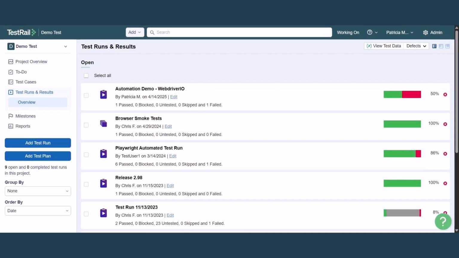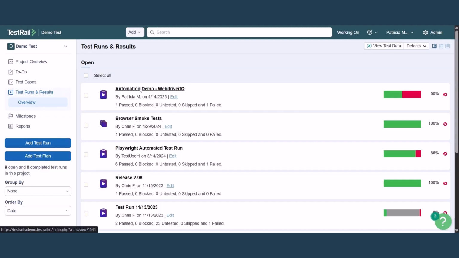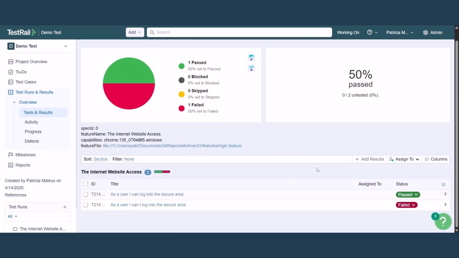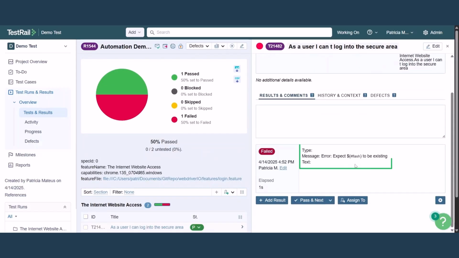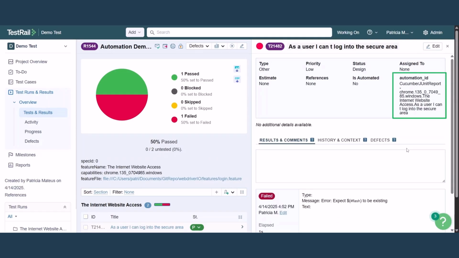When you navigate to the TestRail project, you'll see that the TestRail CLI has automatically created tests based on the JUnit XML report. You can dig further into the details of each automated test result and perform a high-level analysis of why any test is failing, since the error message provided by the test automation framework is also registered on the test result. Each test case is assigned a unique automation ID, combining the class name and name attributes from